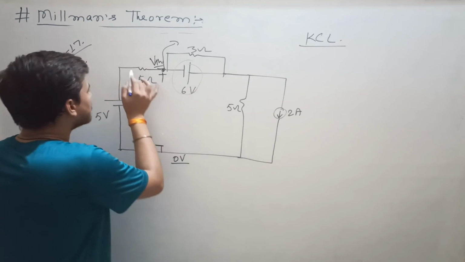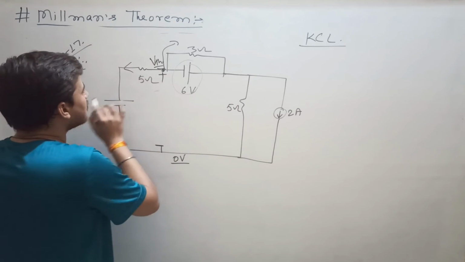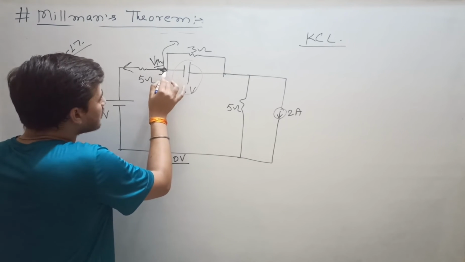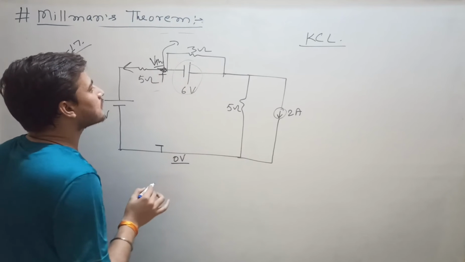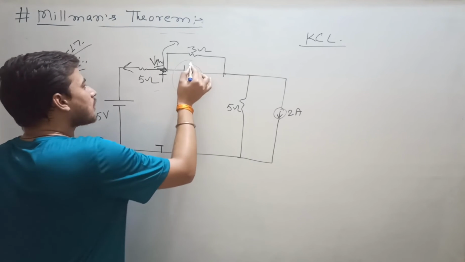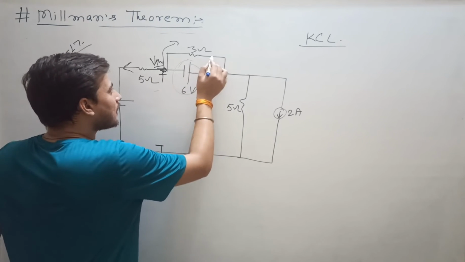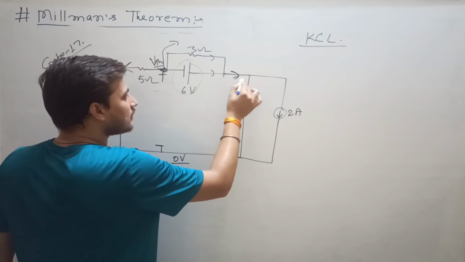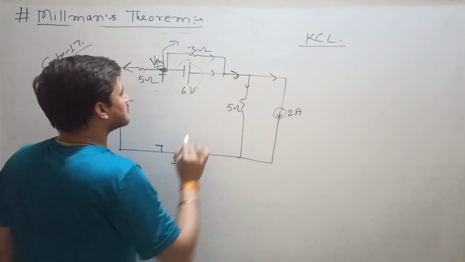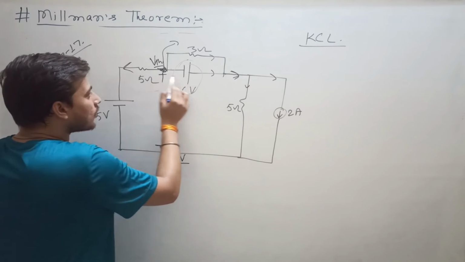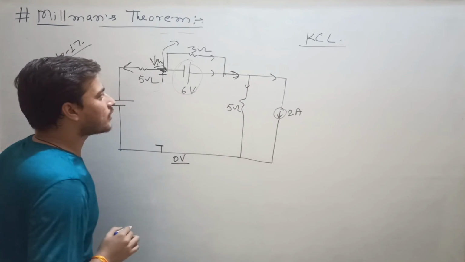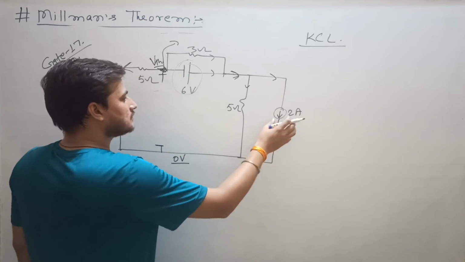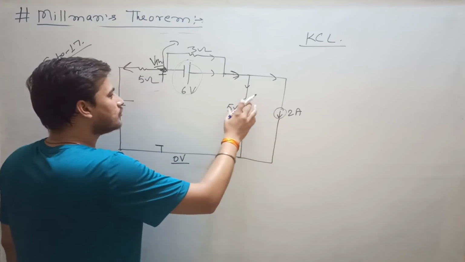Let us see. There are two branches only. From this point, two branches are coming out from this circuit. So you don't know the current through this branch. But when currents are coming out from this branch, this current is being divided into two branches. So current coming out from this point is equal to current at this point. Clear? So we can find the current in these two branches. This is current 2 ampere.